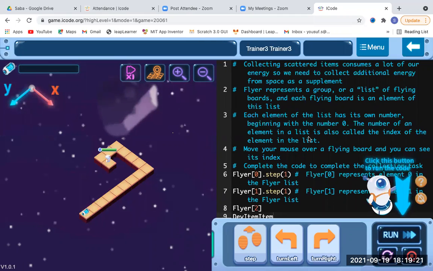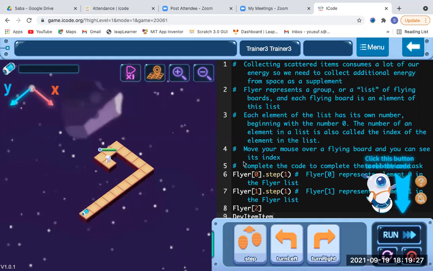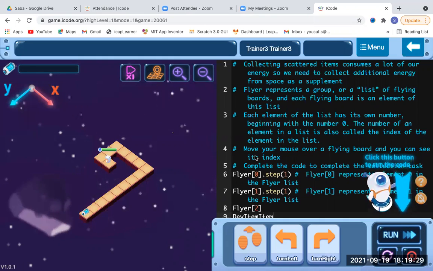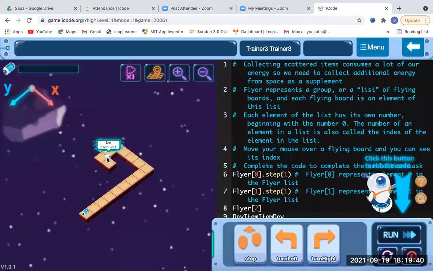Now the fourth point says that move your mouse over a flying board and you can see its index. The flying board is over here, or you can tap it over here, then accordingly it will show you the index part.